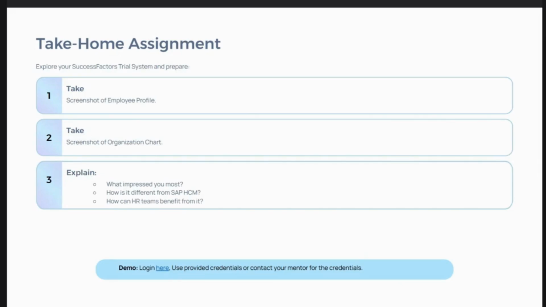So you have understood the take home assignment, what needs to be done? Yes, Ruchi, got it. Again, you need to prepare either a PPT or a Word file, whatever is comfortable to you. But you need to answer these 3 questions.